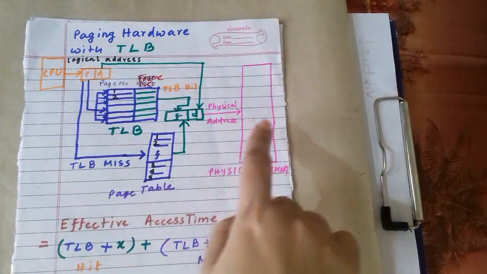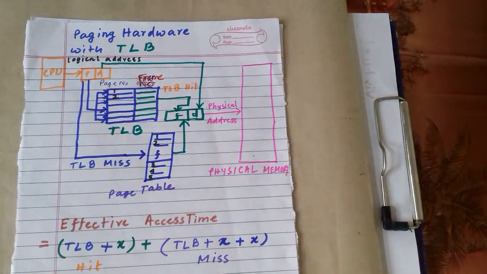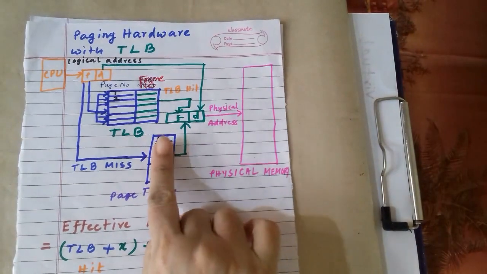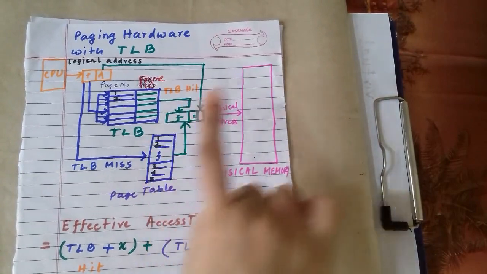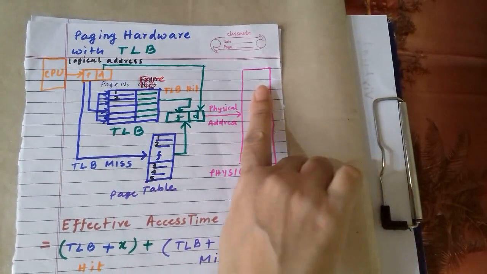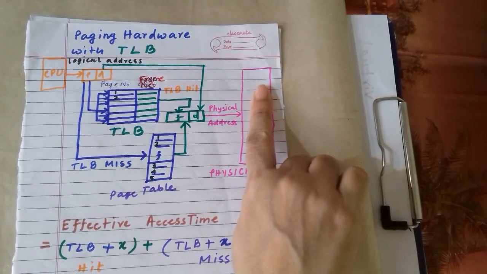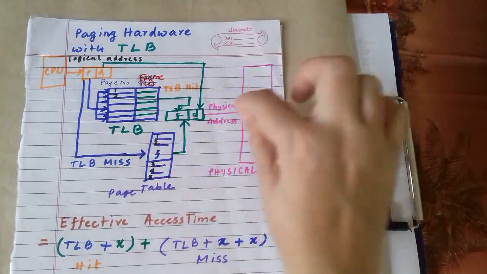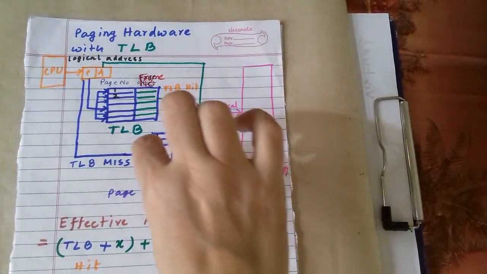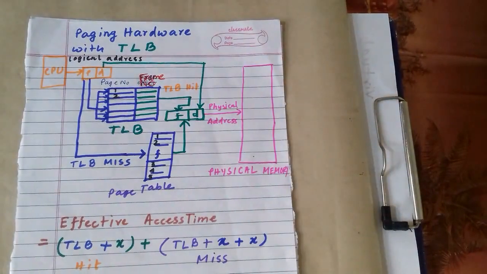So what will be the effective access time? If we assume memory access time is X, then accessing the page table will also be X. Accessing the particular frame in main memory will also be X, because we are searching for particular data from main memory, just as we search for the entry in the page table. Both are memory accesses, so we can take memory access time as X. For now, forget about that X. We will see first how it works.